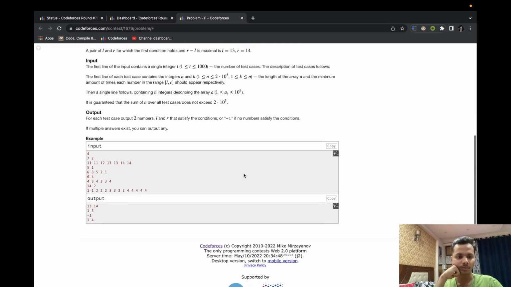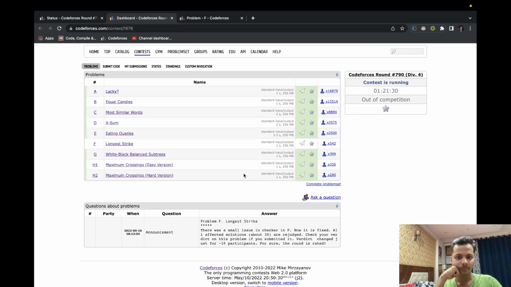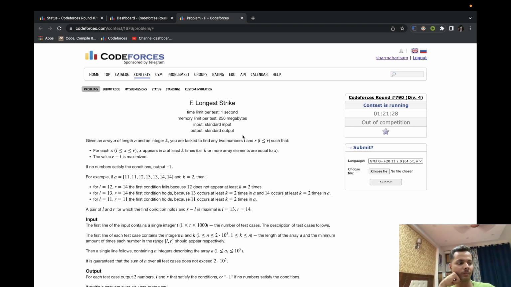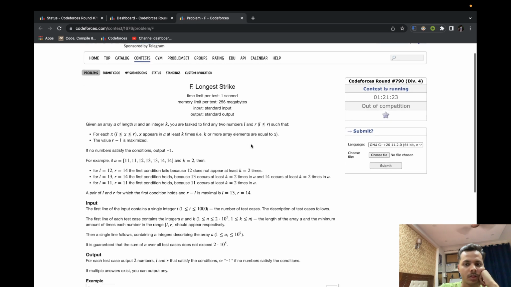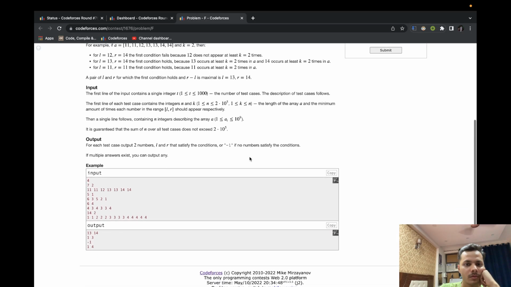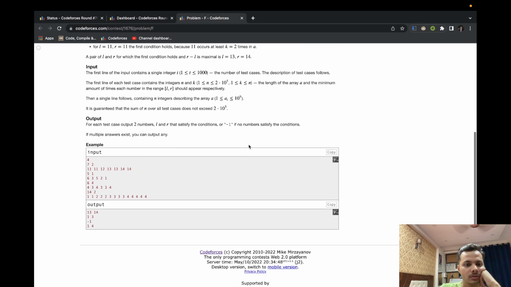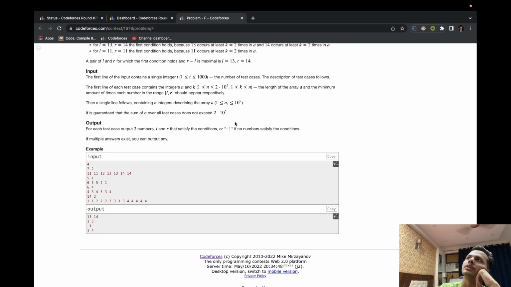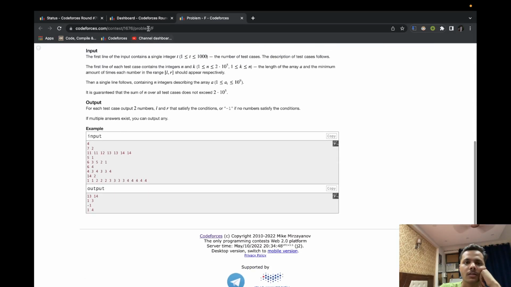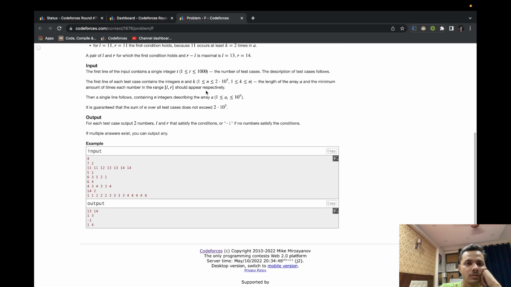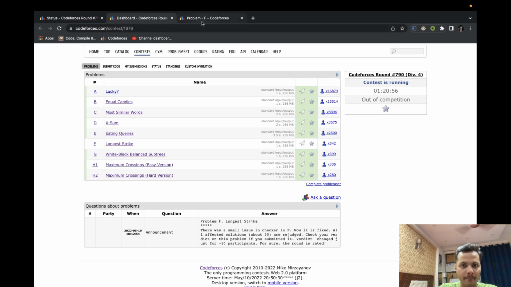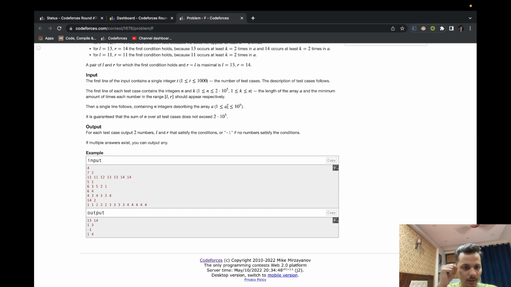Okay, that's not how we're supposed to do this. Use L and R such that... I don't think we can apply binary search here as well. Okay, let's see.